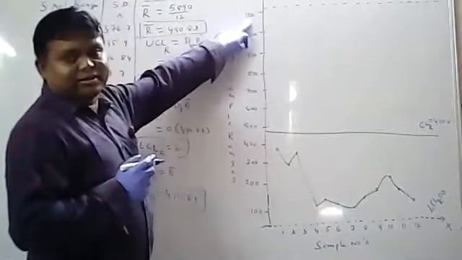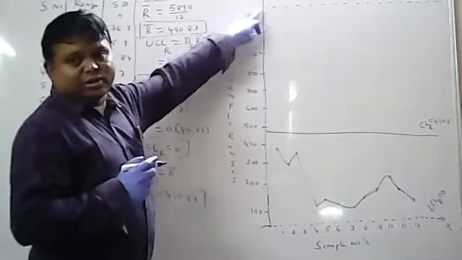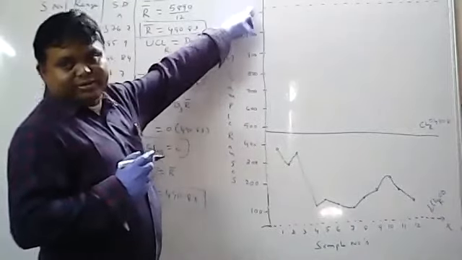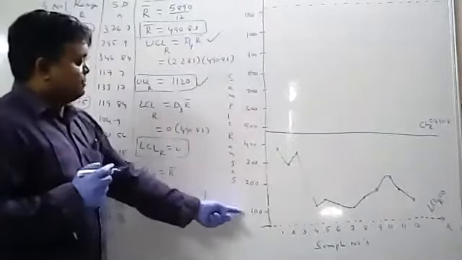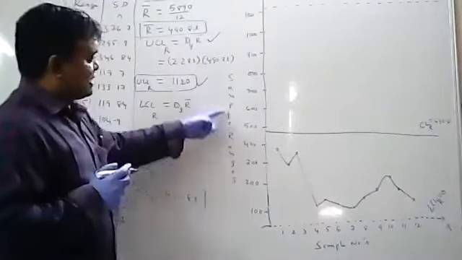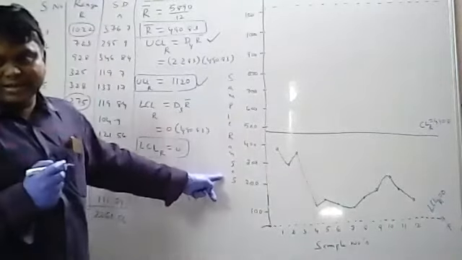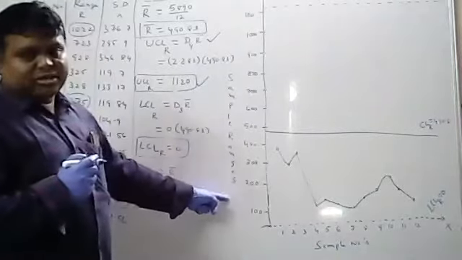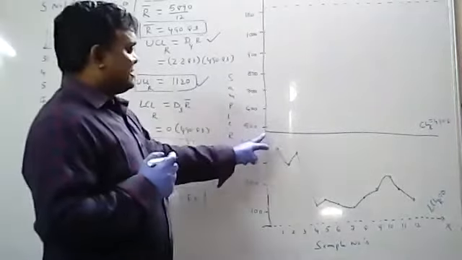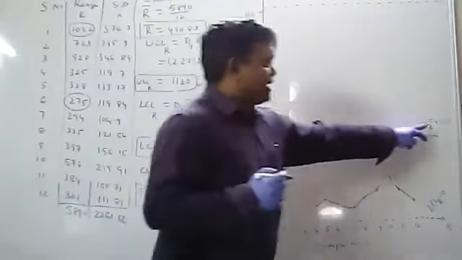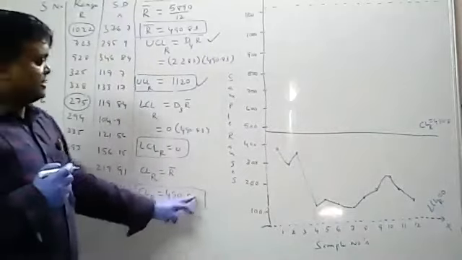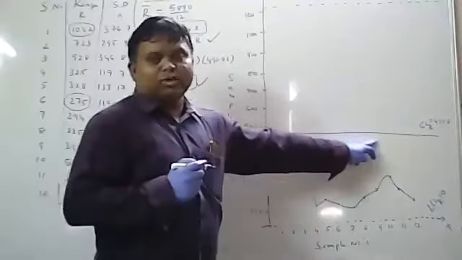What about the scale? 1100 is the maximum scale you can consider, so 1120 you can identify easily. So you have identified the scale. What are these values? These values are nothing but sample ranges, because you are constructing a range chart. So sample ranges are the y-axis values. Now you can identify the CL. CL is nothing but a dark line. 490.83 is the CL value you got. Identify it as a dark line at 490.83.